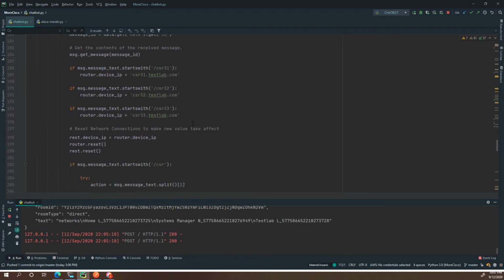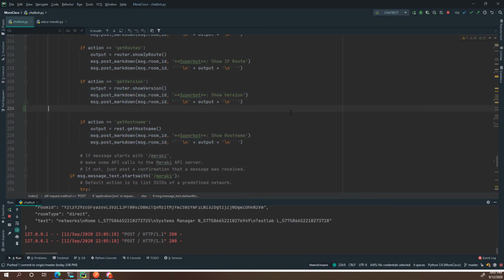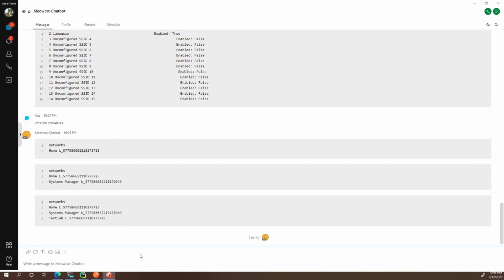And then if we go down to our switches, if action was to say protocol, and adjust our message a bit. If I save this and restart our server, I should now be able to say